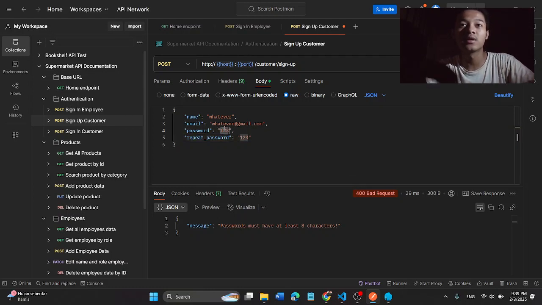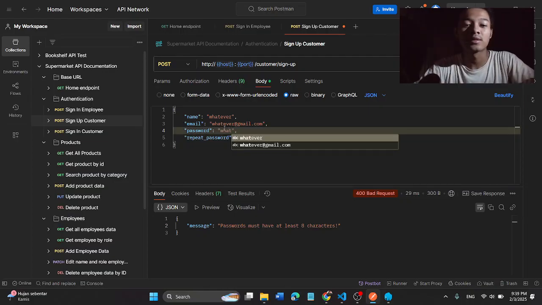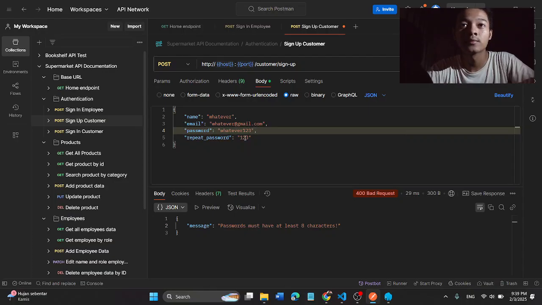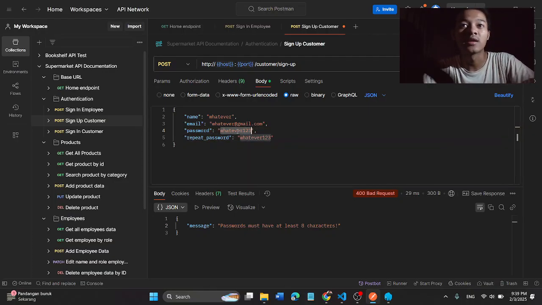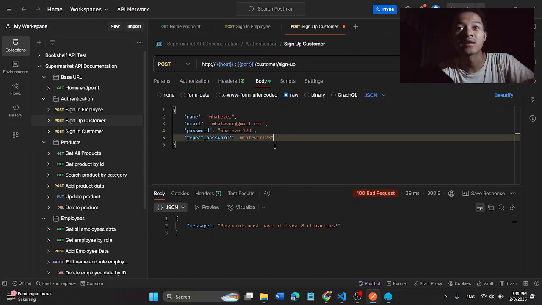We need at least 8 characters. So let's input whatever123, which I think already exceeds the 8 characters requirement. So let's send again.